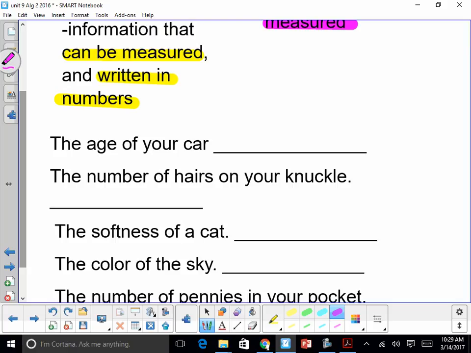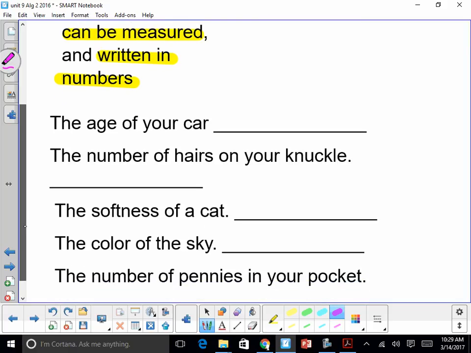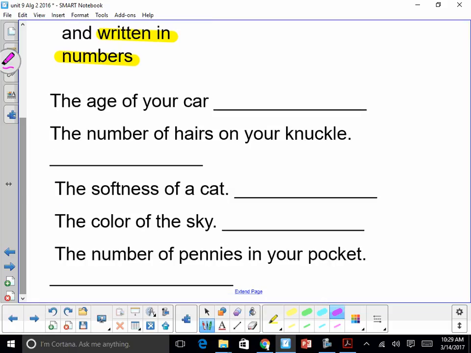Right. The color of the sky is a quantitative data. I should be using the word data because it's actually data that they want you to get used to, that phrase. The color of the sky, quantitative data or qualitative data? Quantitative, can you add it up? And then the last one, the number of pennies in your pockets. Again? Yeah, but you have to kind of describe that as opposed to